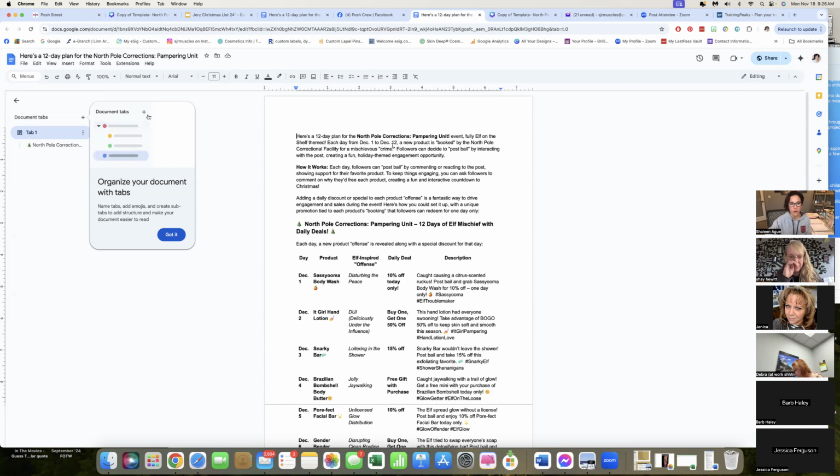So if you don't want to do a sale, you don't have to do a sale. You could feature Sassyooma and you could do like a competition of I'm not posting bail because I really don't like this product, or this product doesn't fit what I would buy. Or they could post bail and say, I would take this. This would be one I would want to retrieve from the correctional facility.